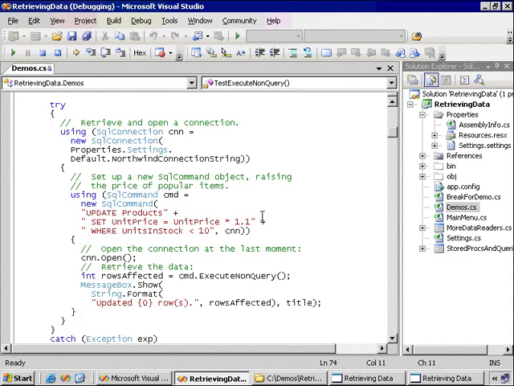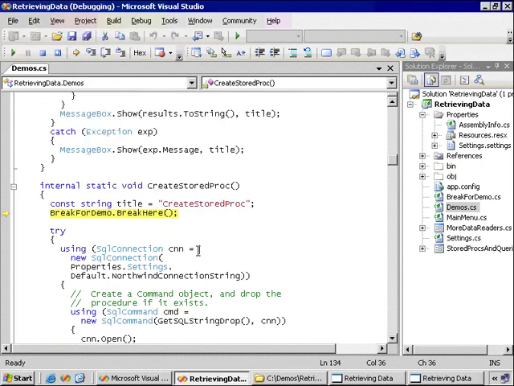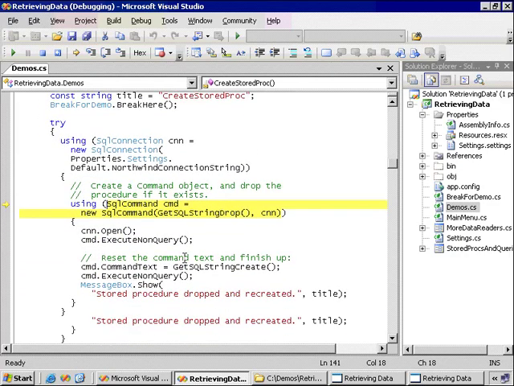Let's finish up there. Okay, so that was a DML query. We manipulated data in the database. The next example shows a DDL query. That is, we're going to create a stored procedure. Same thing happens. We hit our breakpoint. We start by setting up our SQL connection object. And again, in a using block, setting up our SQL command. Now this time, we're going to call a procedure named